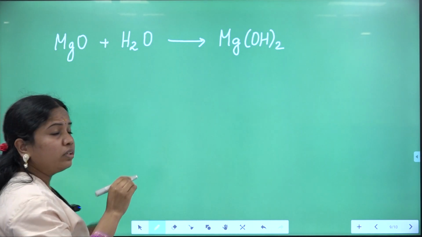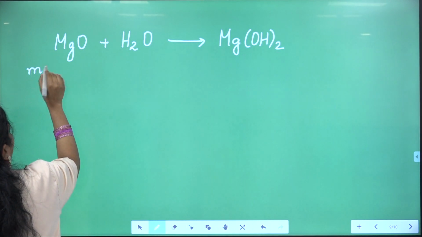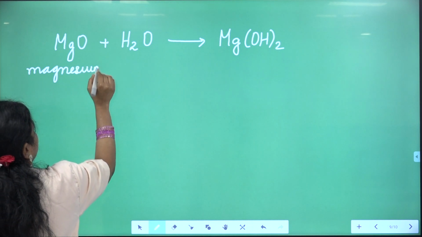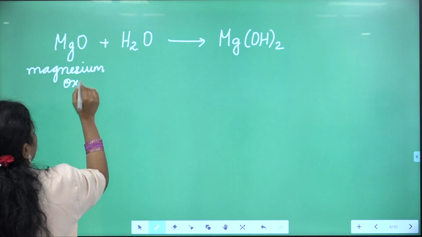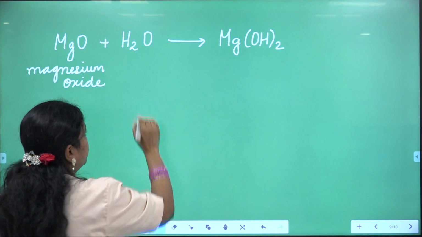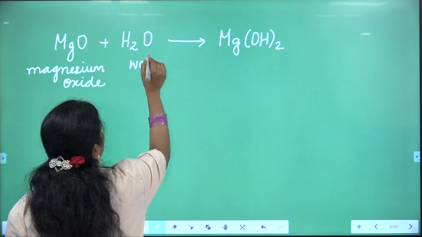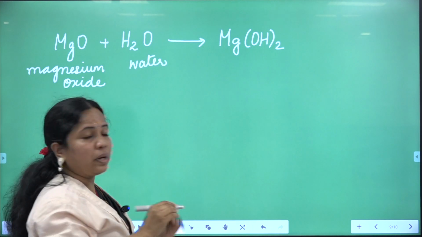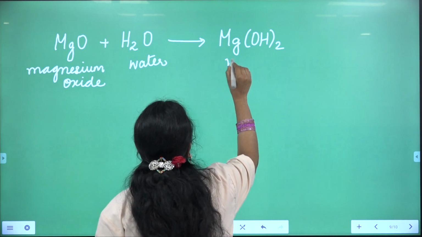So MgO is magnesium oxide, and H2O is water. Mg(OH)2 is magnesium hydroxide.